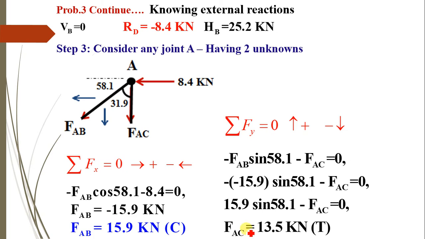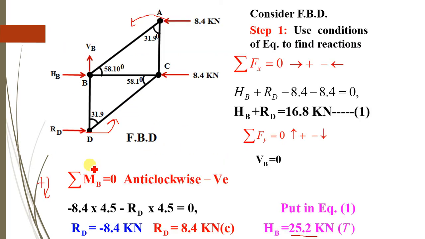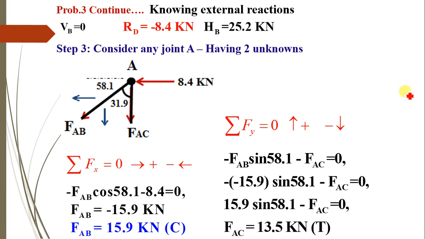Then next we have to draw the free body diagram of joints. So considering joint A, at joint A there are two members AB and AC and one external force 8.4. So AB, AC and here the external force of 8.4. Now resolving AB into horizontal and vertical components, the angle is made with respect to vertical. Either you can calculate the angle with respect to horizontal, or you can assign the cos to the vertical component and sine to the horizontal. Any way you can solve it.